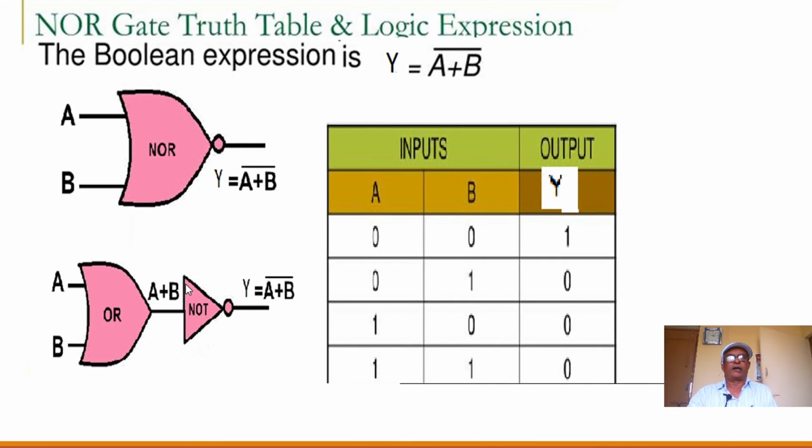Then in this case we consider the derived gates. So we have discussed the fundamental gates as AND, OR and NOT. Now we will consider the derived gates. Now in this case, the NOR gate, the Boolean expression is Y is equal to complement of A or B. So output Y is complement of A or B. In this way we can read the expression, called the Boolean expression.